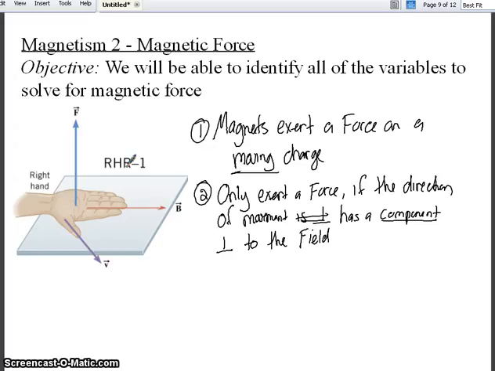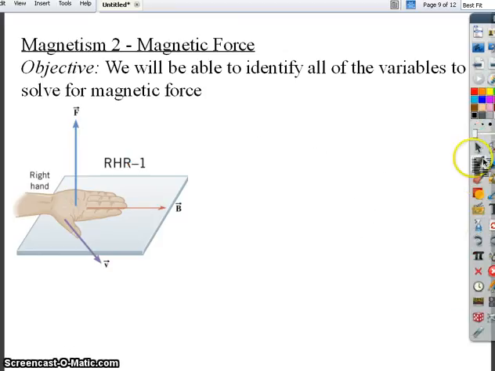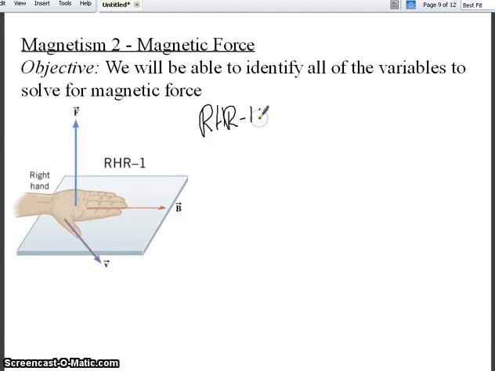This leads us to a very simple rule. It's called right hand rule number one. Right hand rule number one says this: if we use our right hand, and when you're taking a test, you are literally going to be taking your hand and turning it upside and down and trying to figure it out. Take your right hand, and if you use your right hand,